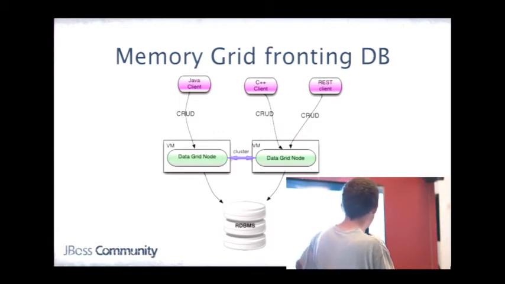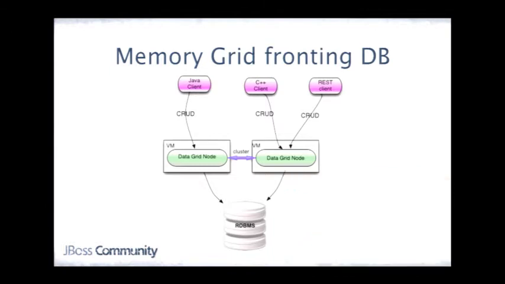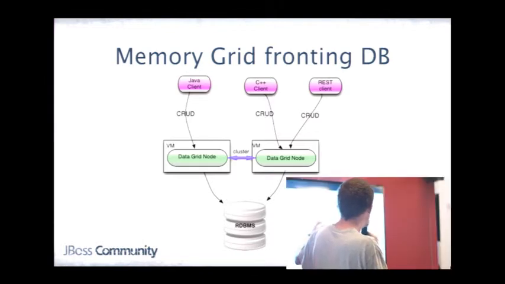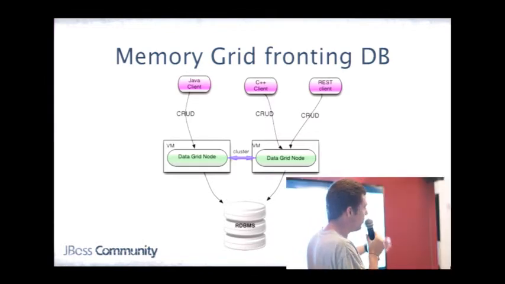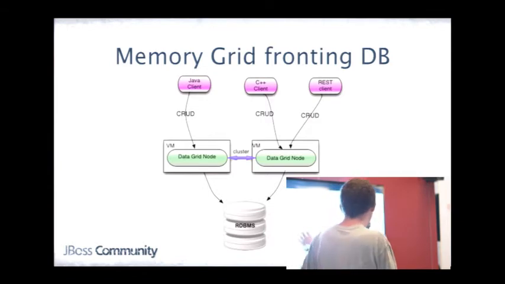The architecture is just to put a grid in front of the data store and have all your clients connect to the grid, both for read and write. The grid will keep the data consistent. Because it's in memory, it's quite fast. So it's very fast for access. And the nice part is that if you need more client access or you need more data to be stored in memory, you can just easily add more nodes to your grid. And the grid will scale